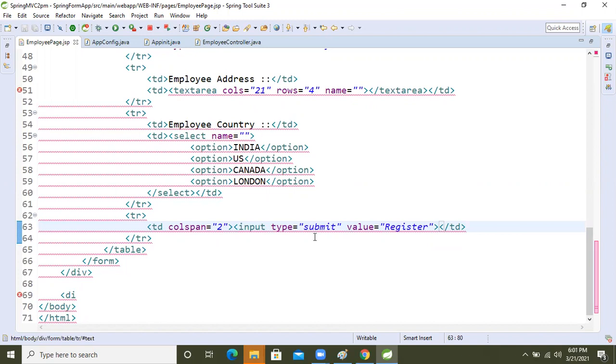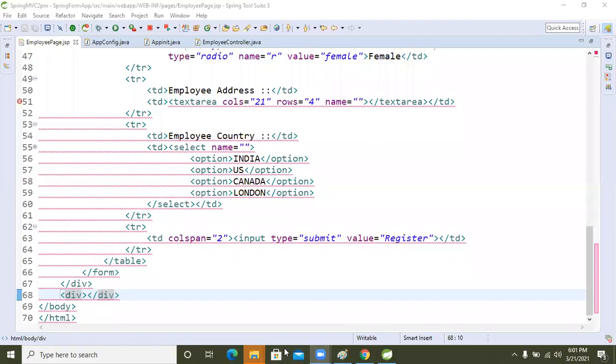Here, the div tag is there, right? Inside this div tag, what will happen now?